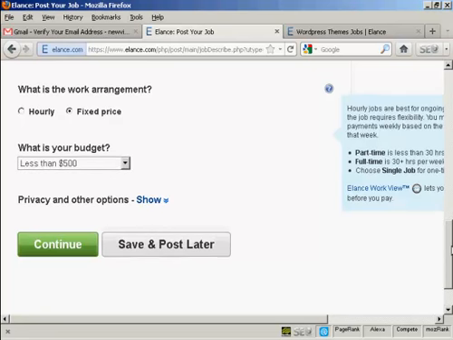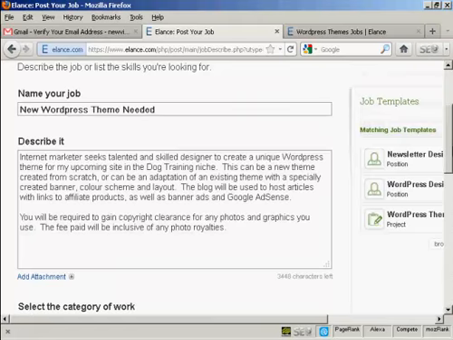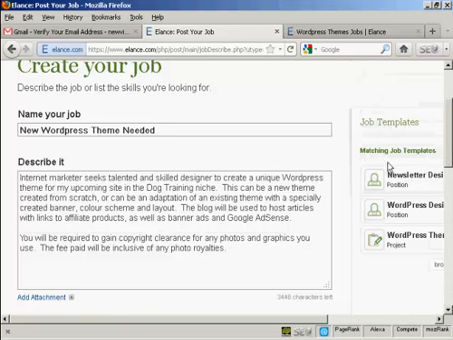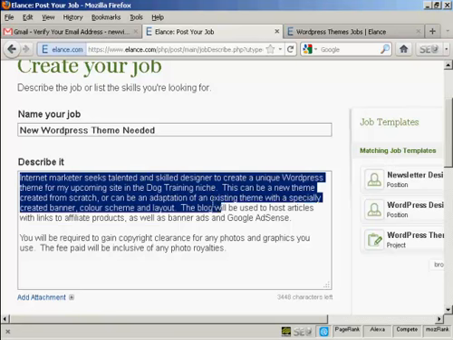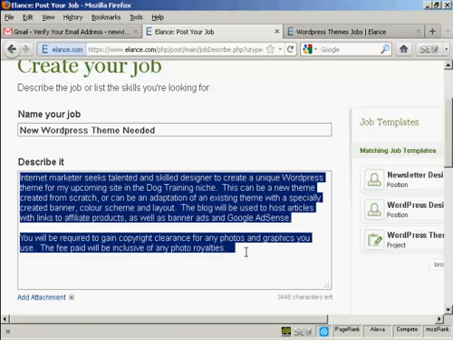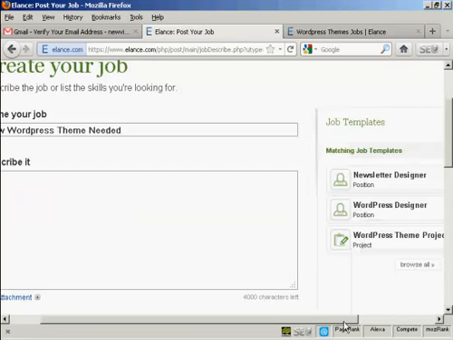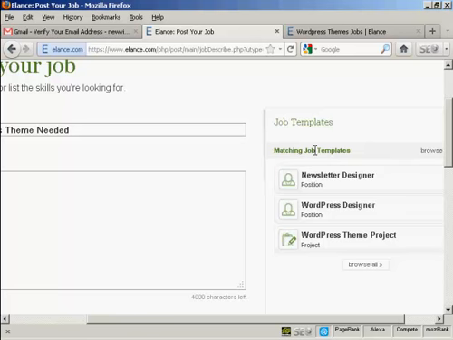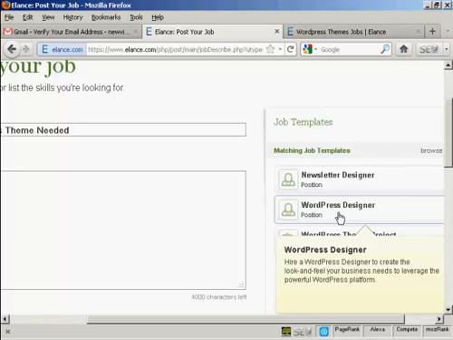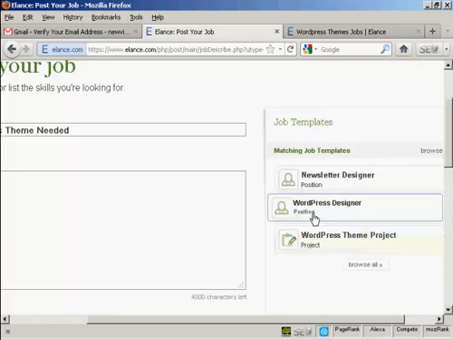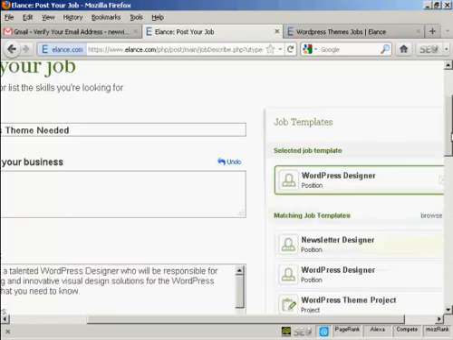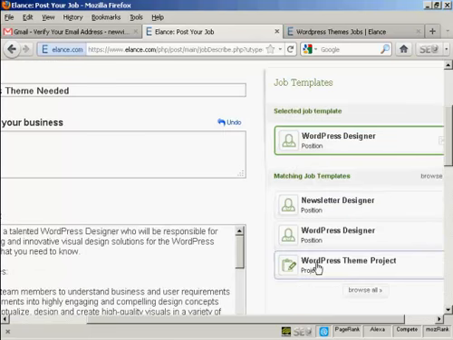Now, before we navigate away from this page, there's something else I'll show you, because if you're not quite sure how you're going to phrase your job or what you're going to put in it, what you can do, if I delete that, is use some of their job templates. So for example, we want a WordPress designer. I can click here and WordPress theme project,